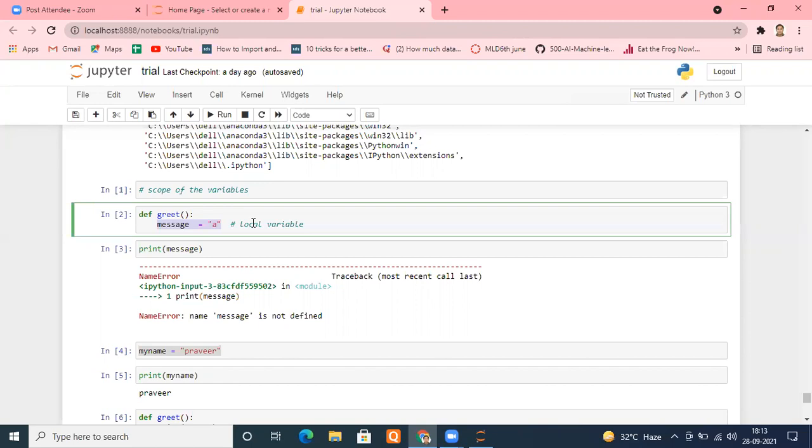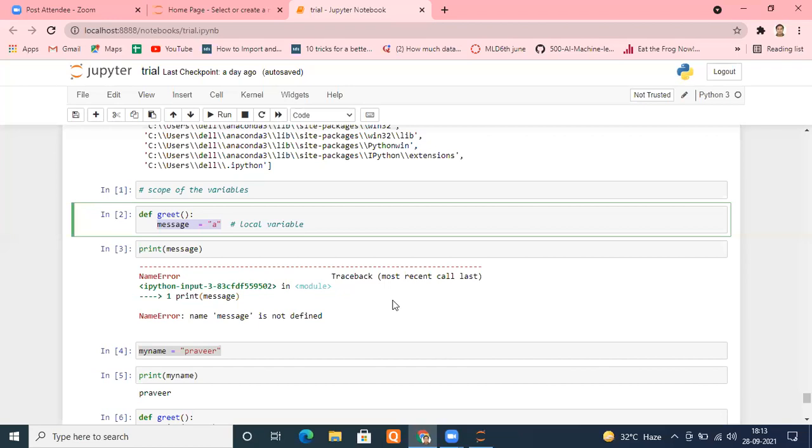So to avoid this conflict, it's always better that anything declared inside the function should remain local only to that function. Is it clear? These variables are known as local variables, because their scope is inside the function only. But there is a way: I can declare a variable inside the function and make it global as well. I'll tell you how to do that, but that is not recommended. I repeat once again, that is not recommended. So what we get to know is that if any variable is normally declared inside a function, its scope is limited to that function only.